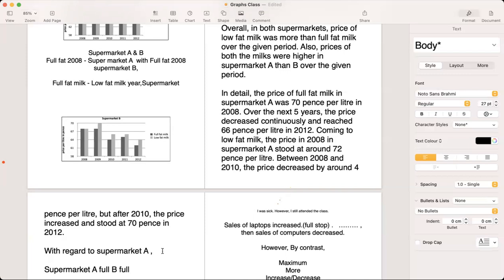ओके, ये ना मेरे को माइक्रोसॉफ्ट ऑफिस ने सिखाया, वो मेरी गलती निकाल देता है। ठीक है, I have learned from it. ठीक है, ओके, so with regard to supermarket A, again we'll do the price of both the milks stood at 68 pence in year 1. Year 1 के लिए हम लिख देते हैं in 2008। दोनों की मिल्क की प्राइस कितनी थी? सुपरमार्केट B आना है, सॉरी यहाँ पे।